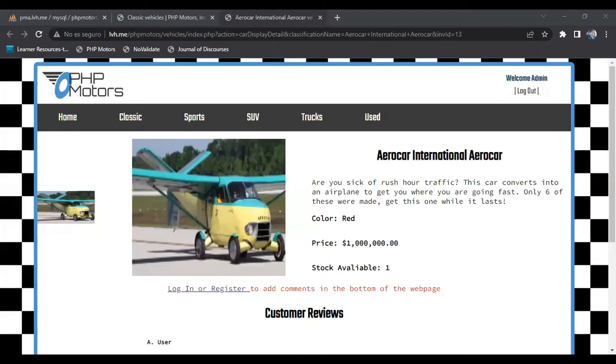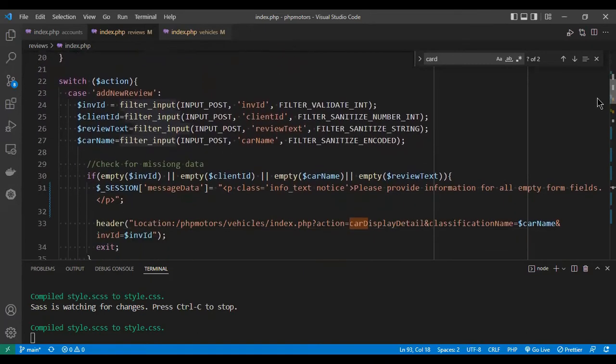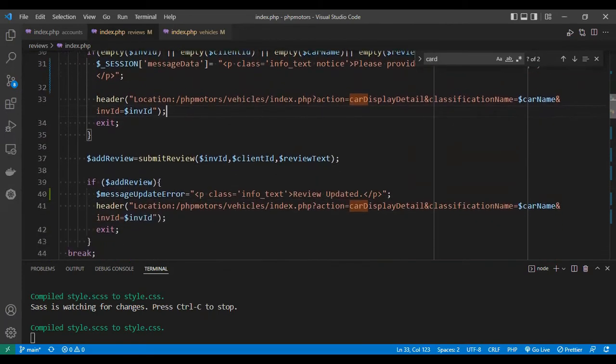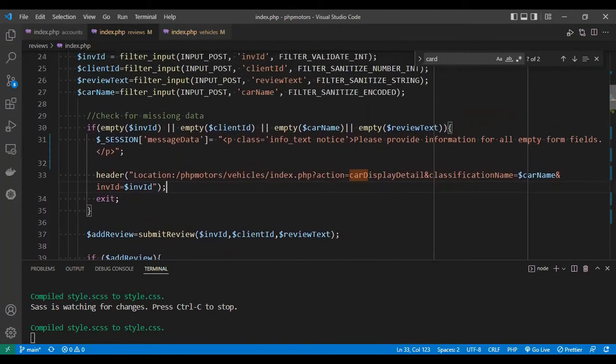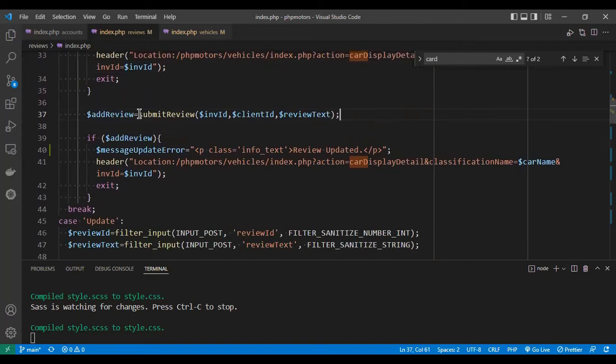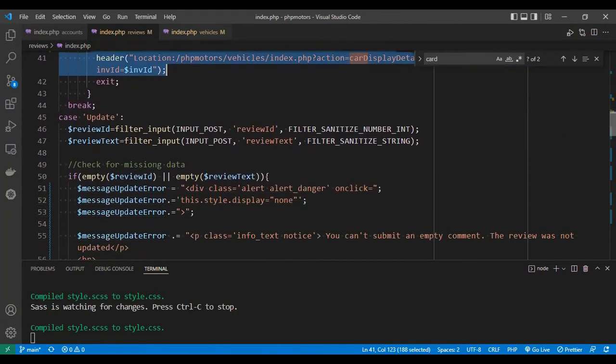Great. So now I will show the review controller. Well, this is to add a new review case. Then we enter in the vehicles controller with all the data that we need to display the reviews for every different car. And this is the function in the model, and again here we go to the vehicles controller to display the reviews that we need. The same model follows for the update case,